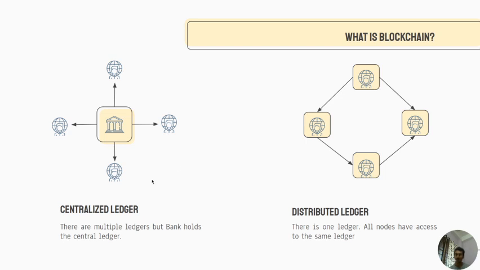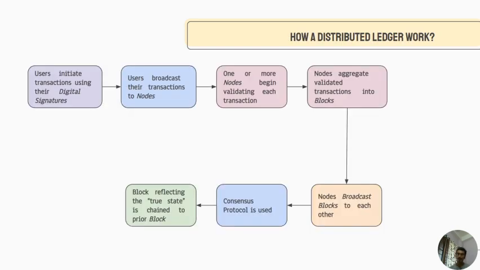Yeah, so this was basically the differences between centralized and distributed ledger. Let us move on to the details about the blockchain. Before that, let us also talk about the transaction, how it happened in a more concise way, which I talked about earlier. So users initiate a transaction using their digital signature, which basically means that I just say, okay, this is my account, please, I'm giving you my authentication, please check whether I have sufficient balance or not.